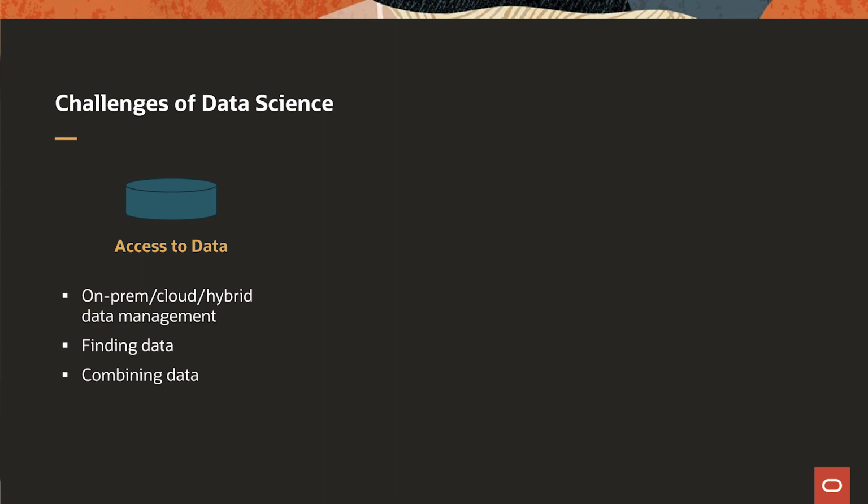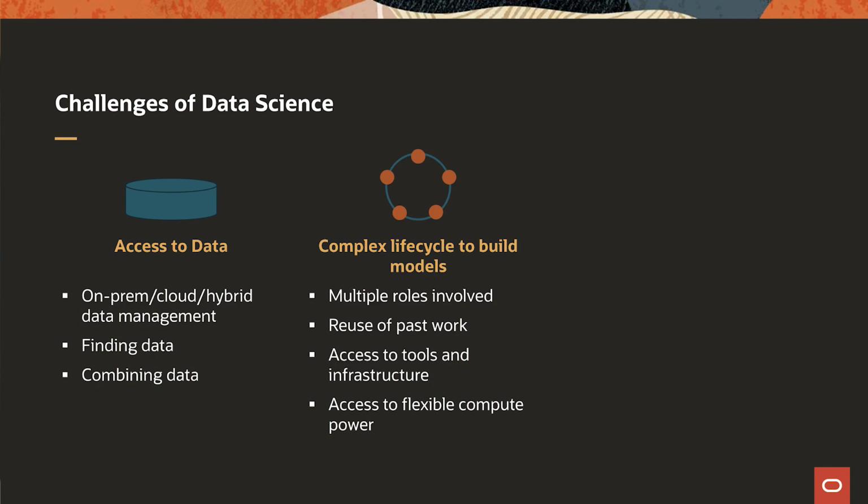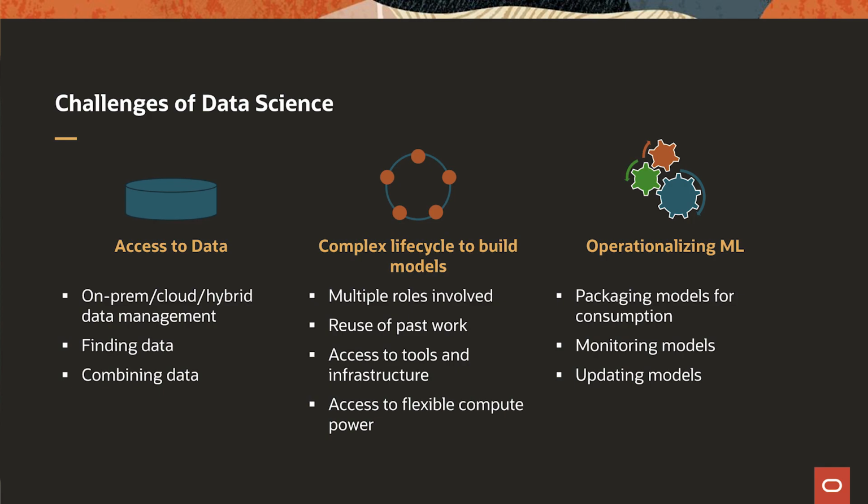It's also not uncommon that people have copies of sensitive data on local systems that are impossible to govern. And it's not easy to cooperate with fellow data scientists from these isolated local environments. We also see that data scientists have enormous problems in taking the models that they've created and integrating them into the business, in an application, for example. So imagine, there you are as a data scientist doing groundbreaking work, but nobody is able to see the results